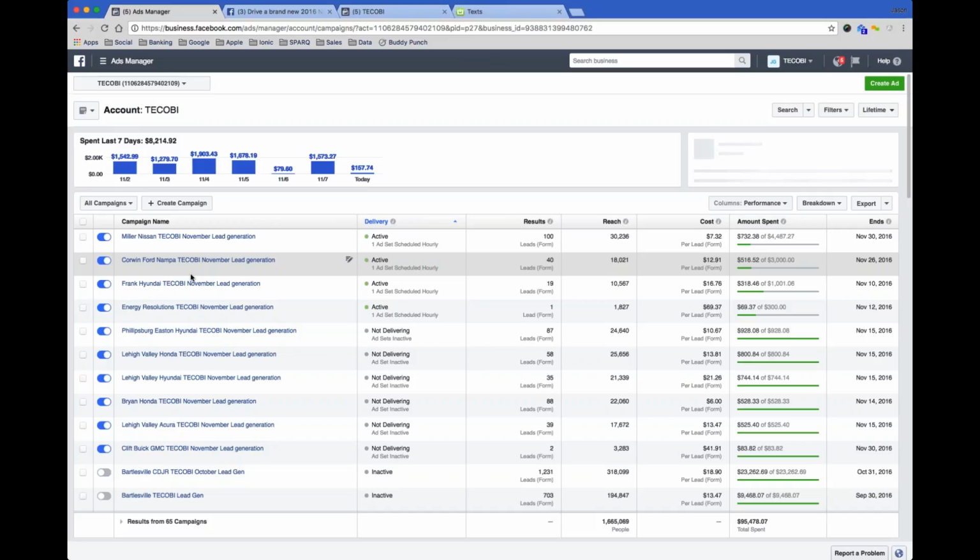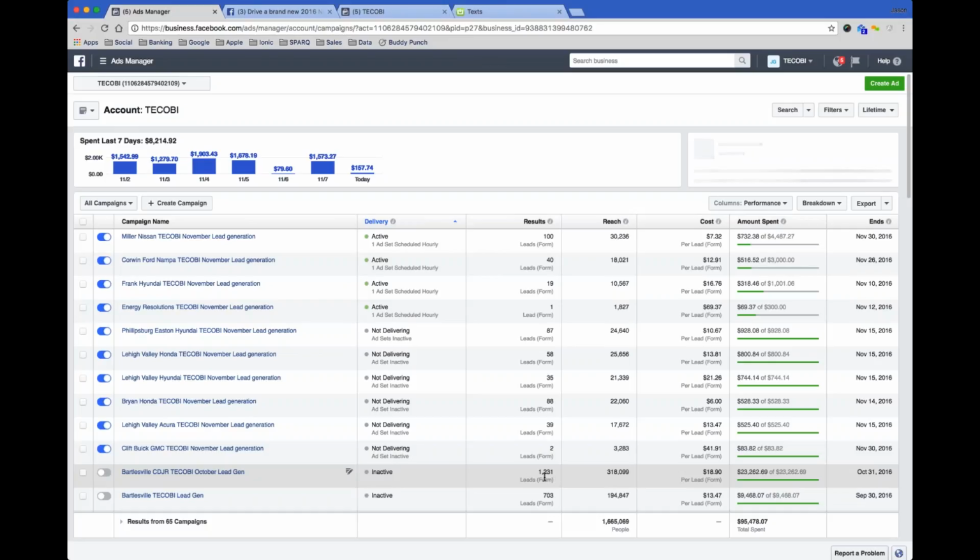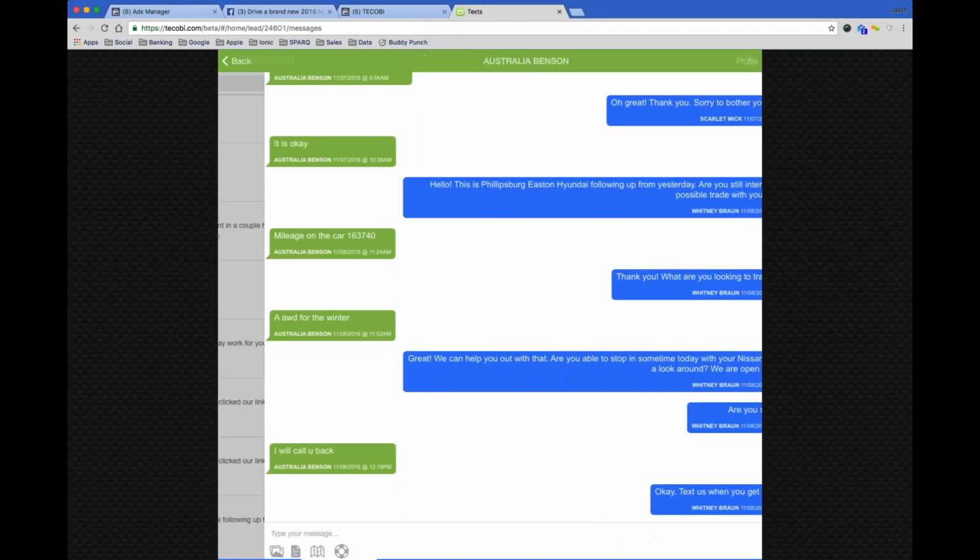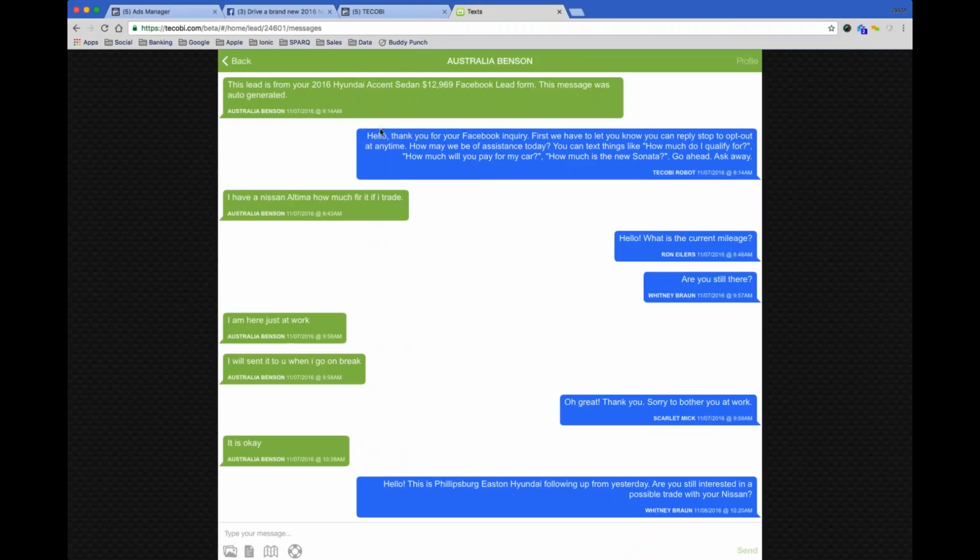Wow, so there's one on there that says 1,231 leads. How does the dealer even, how do you even respond to that many leads? What we have is, we've integrated with Facebook's API, and every time a lead is posted on one of the lead forms, it instantly sends the customer a text message. So within a second of them clicking that lead form, it's creating a text message in our system where we can tell which ad they came off of, sends the text message to the customer, and then we text them back and forth trying to get them into the dealership.